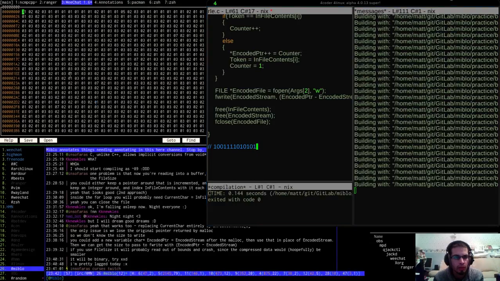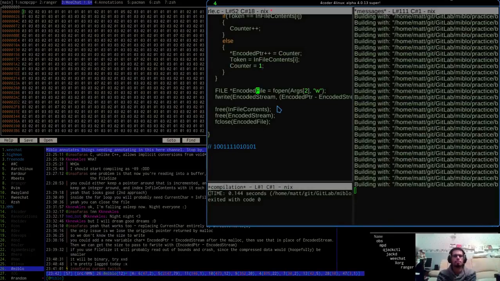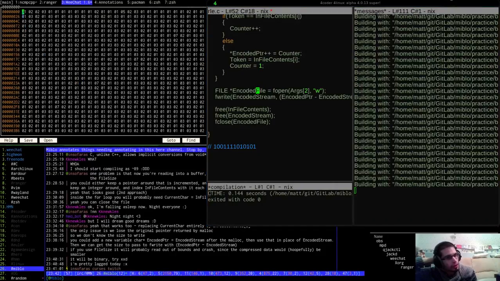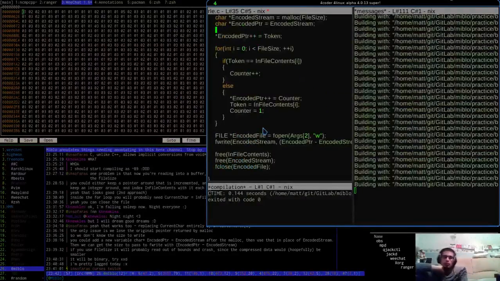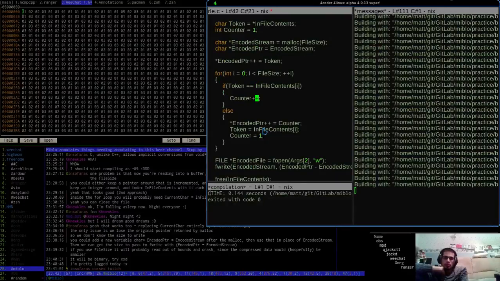1 1. 2 2 3. So it's getting all these 1s probably correct. Because it should say 31 1. Counter plus encoded pointer is equal to the counter.